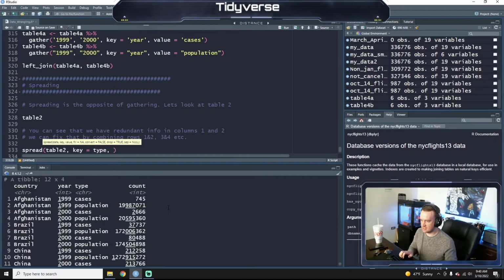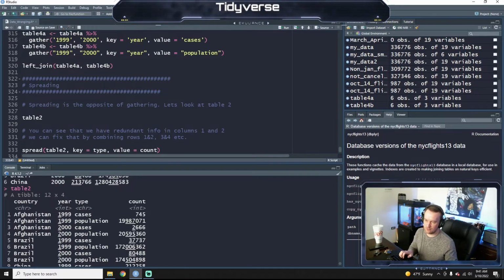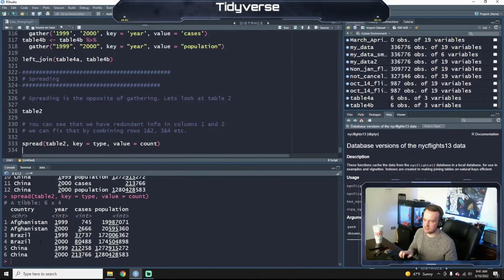So we spread based on type, and value is going to equal count. These are the 2 columns that we spread, type and count. If we run this,